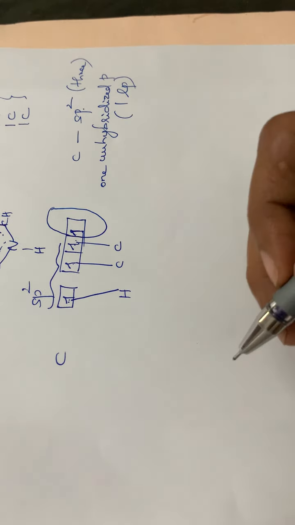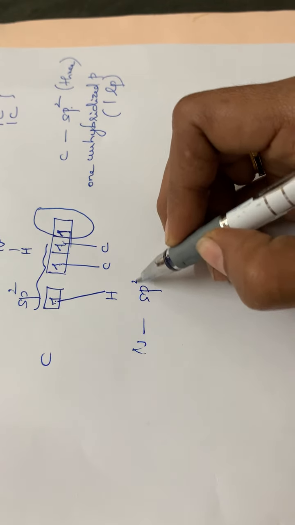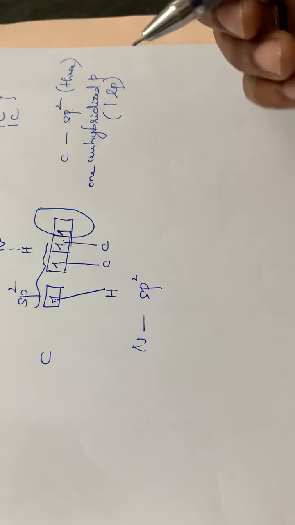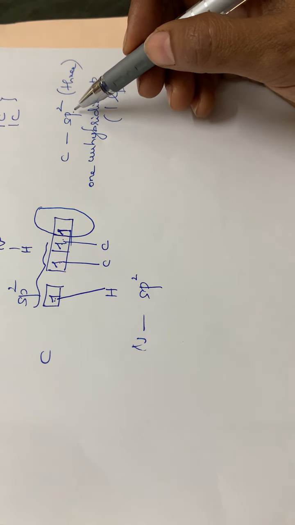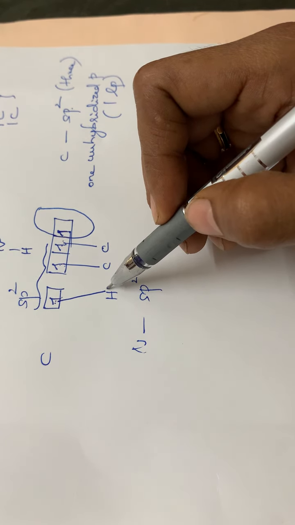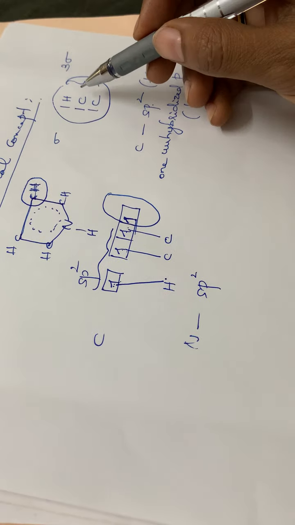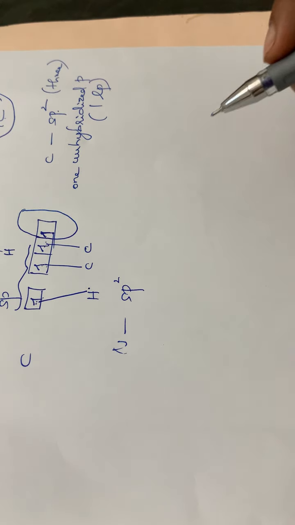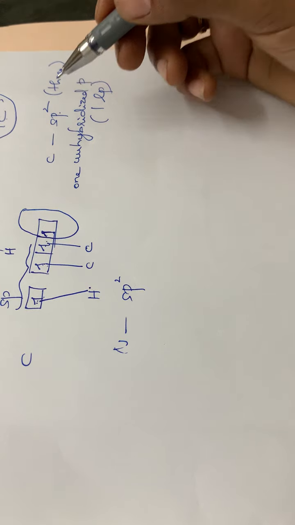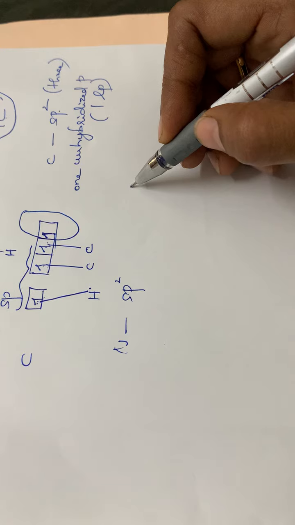Similarly, this nitrogen in pyrrole also has an sp2 hybridized state. Here carbon is in the sp2 hybridized state with 2 sigma bonds with neighboring carbon atoms and 1 sigma bond with 1 hydrogen atom. So in total there will be 3 sigma bonds, and these 3 sigma bonds will form the sp2 hybrid orbitals. Thus we can say that all these carbon atoms and nitrogen will be in the same plane.